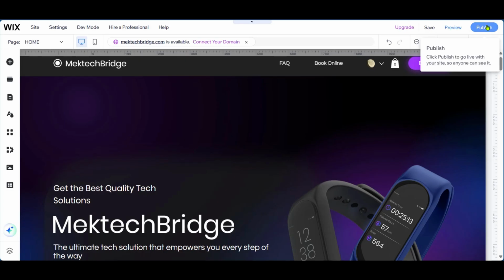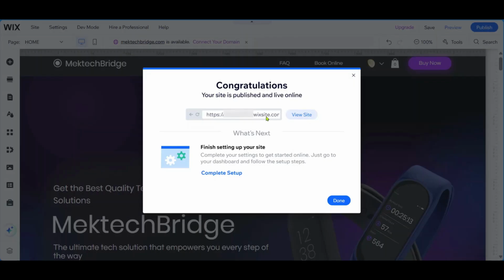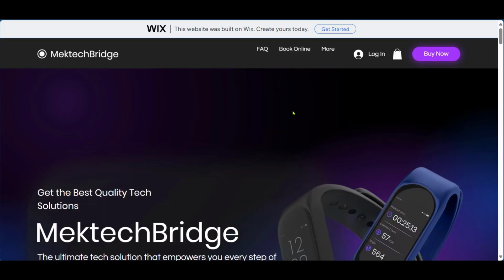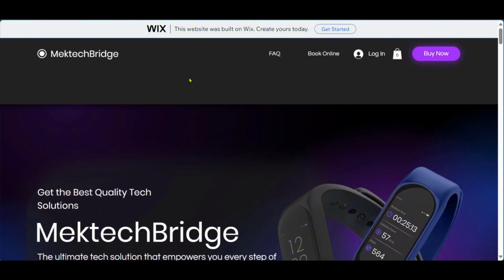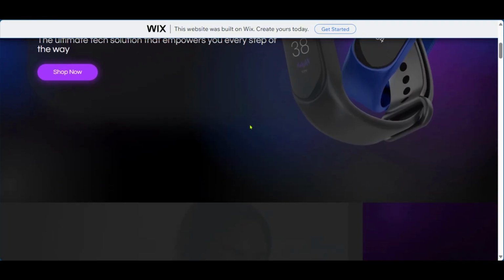After all is done, we're going to click on publish. And now we have the web link to our website. If you click on view site, it will open a new tab where you can have a better preview of your site as if you're visiting it as a visitor. You can go ahead and share the link to this website to others for them to have a visit to